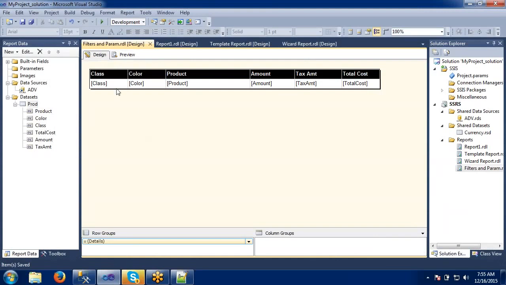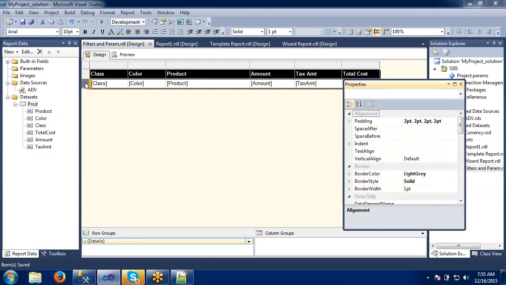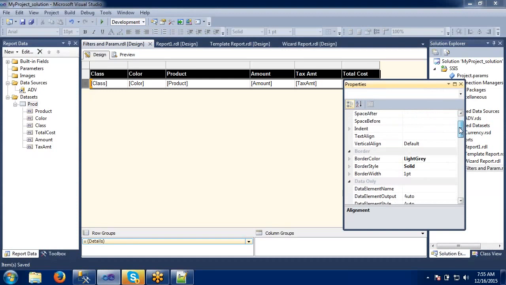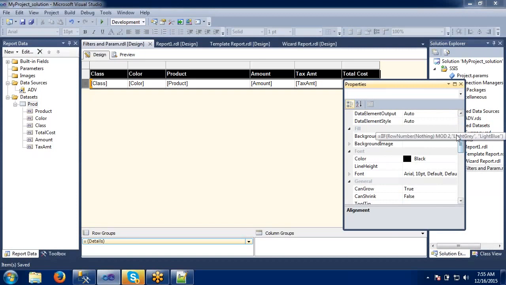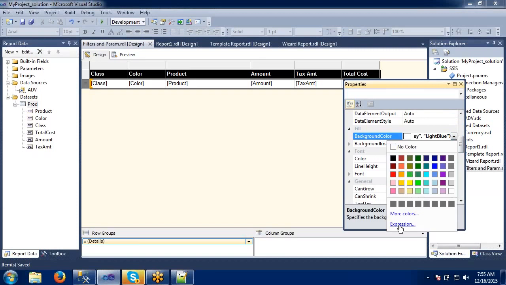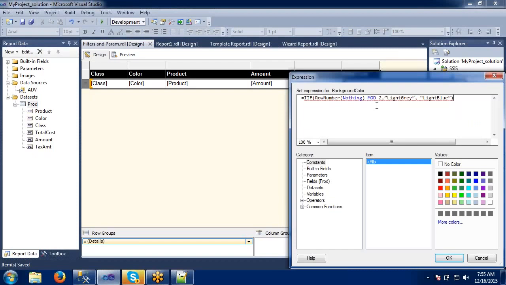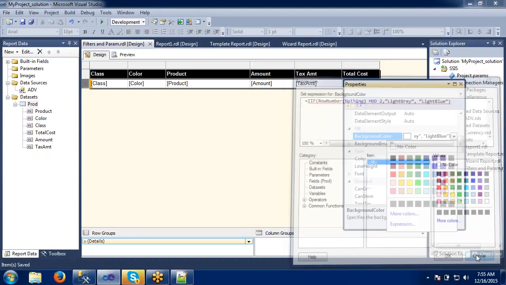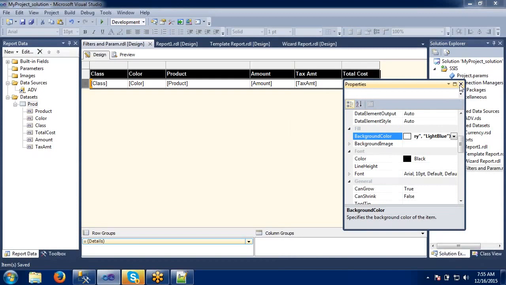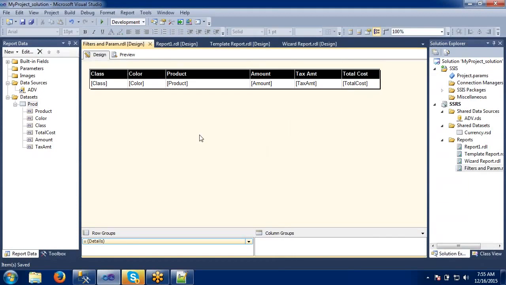So this is how we can apply it, and once again I am showing here. Select the rows, press F4 or go to the properties. In that, go to the background color. In the background color, we need to specify the options in the expressions. Provide this expression and you will get this. The color is your choice, we can define our own colors here. Like this we can specify the background color properties. So till now my report is ready with my basic requirements, and whatever I needed I have given.